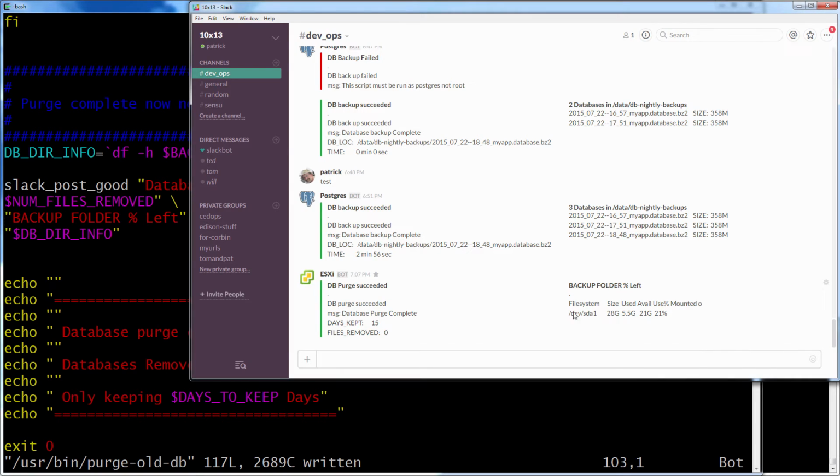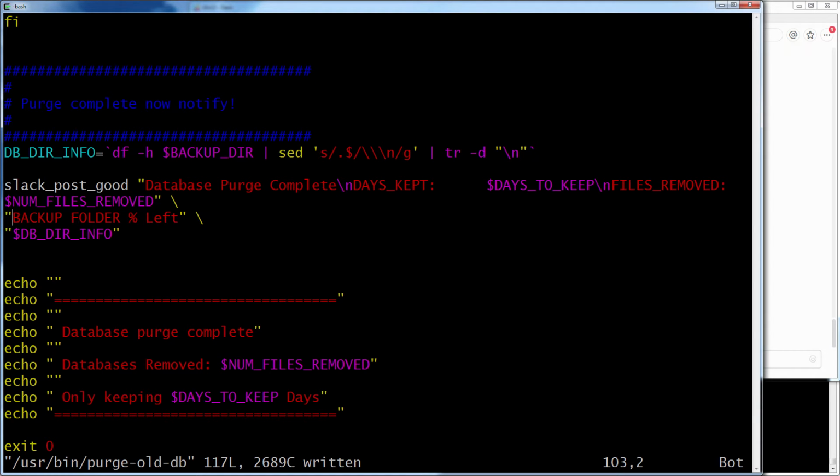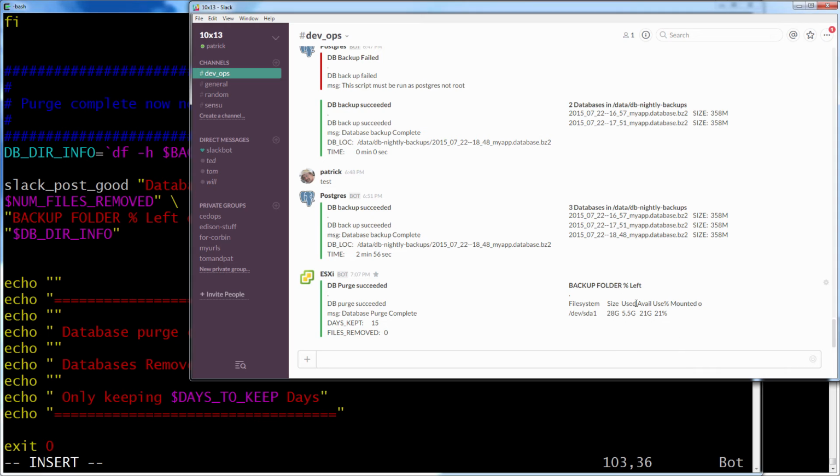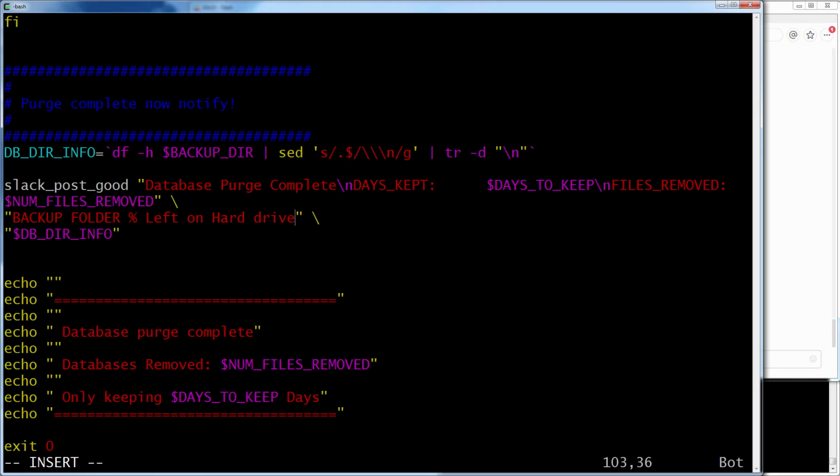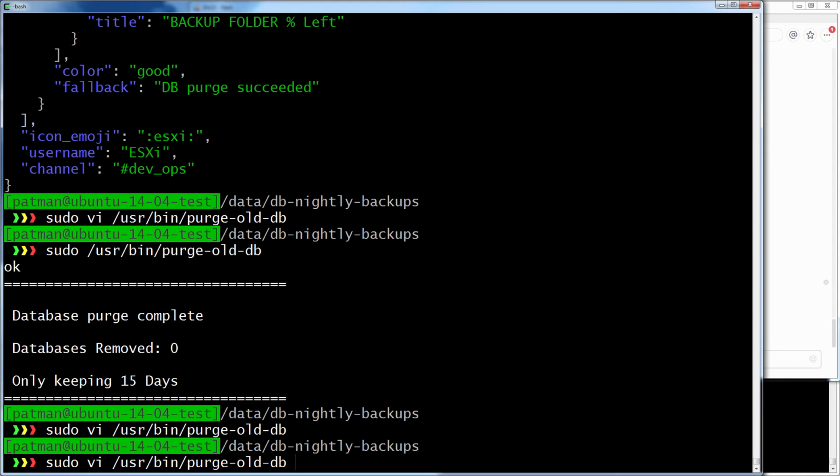So that's right. So here I'm saying the backup folder percentage left on the hard drive. Well, yeah. Well, it's not percentage left. What's a good way to word that? Backup folder, hard drive, percentage used. Yeah, how about that? A little less confusing. Well, my script's written the other way, but you can fix it. Okay, so let me kill that, and